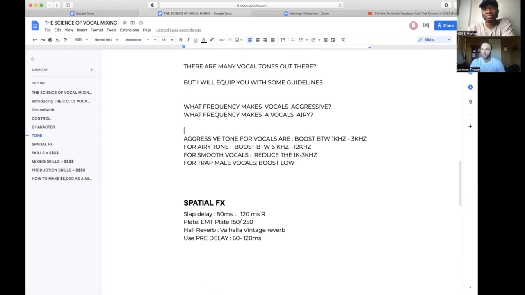Sometimes when we start to EQ and add character, all of a sudden all the problems in the vocals start to come out. So you hear maybe the room tone of where they recorded the vocal, you start to hear a little ringy noise. So we use dynamic EQ to notch those down. We find those frequencies that are ringing in the vocals, that all the compression and the character has brought up. So we use dynamic EQ to bring those down. That's what I use the dynamic EQ for.